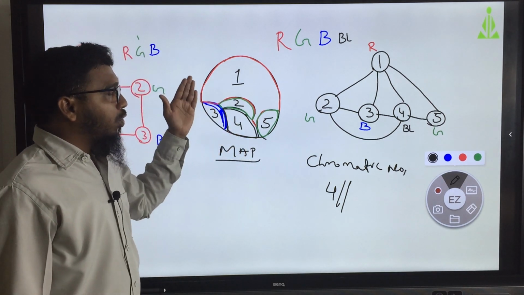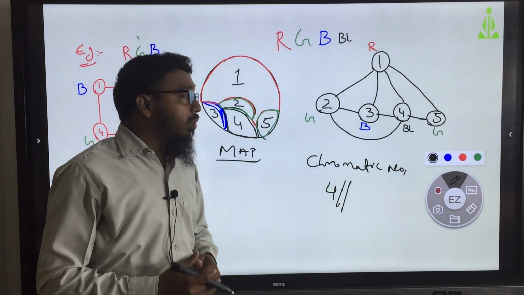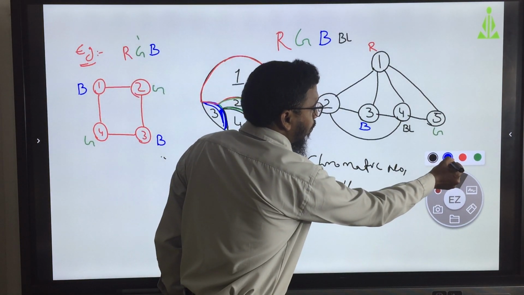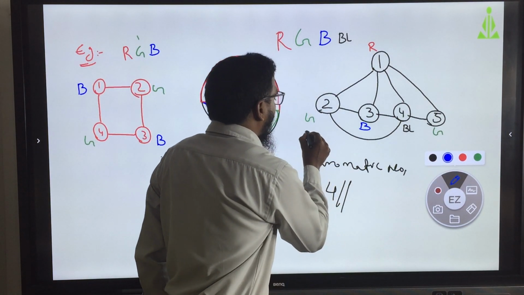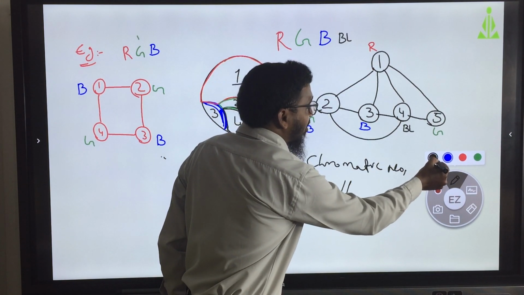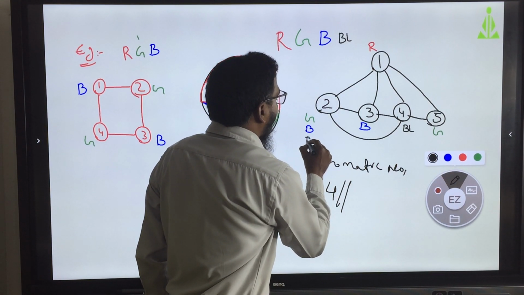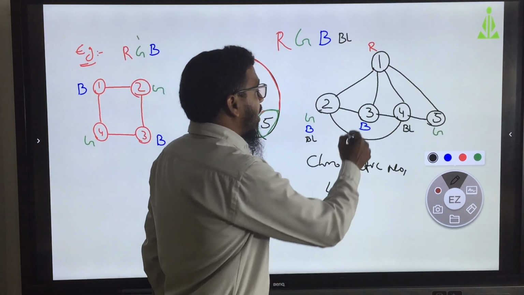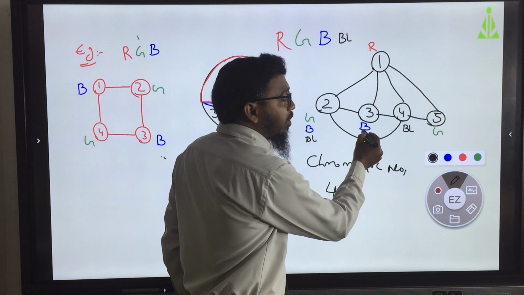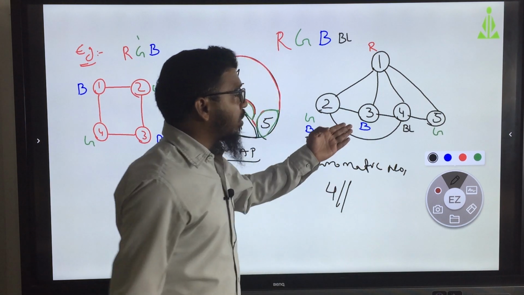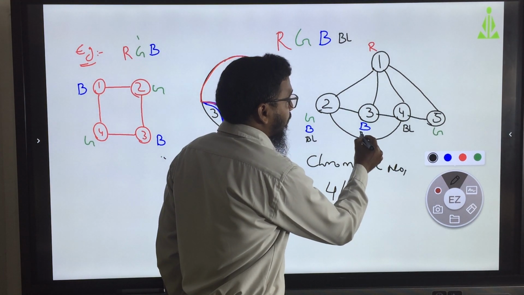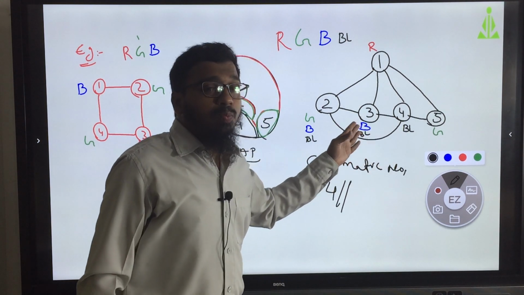Here, as I told you, for this chromatic number, with green there is a possibility of blue as well as a possibility of black. And when you are at B, is there any possibility? Yes, only black. BL is a possibility.